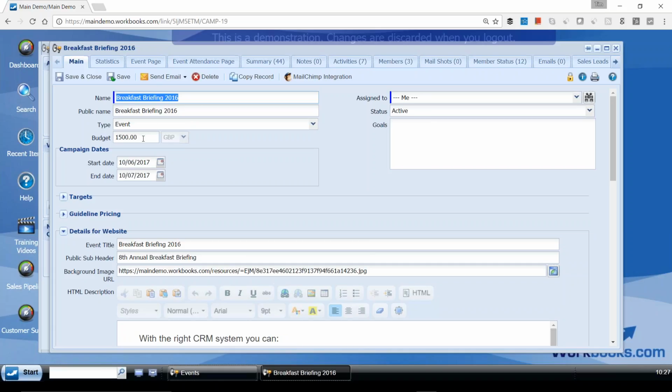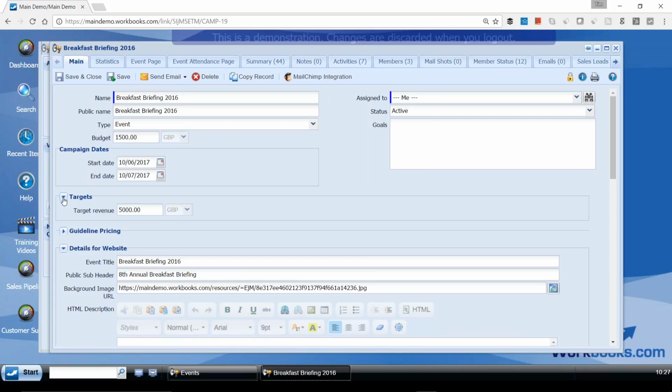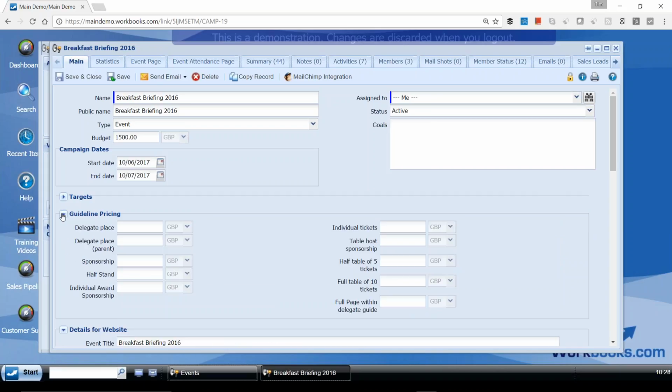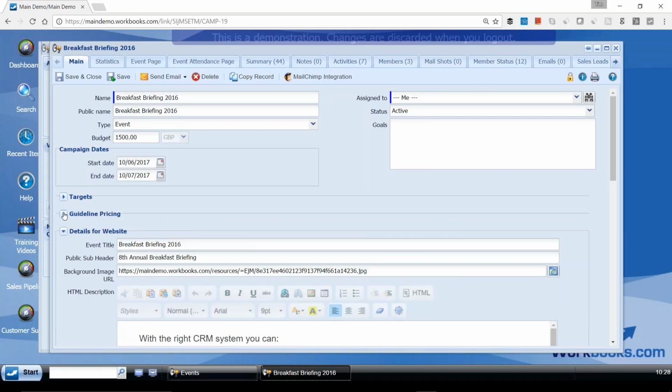So in this example, I might want to know what's the budget for this event, maybe some revenue expectations or targets, excuse me, for this event. Guideline pricing for this event. This was all very easily set up as extra custom fields against this marketing activity.